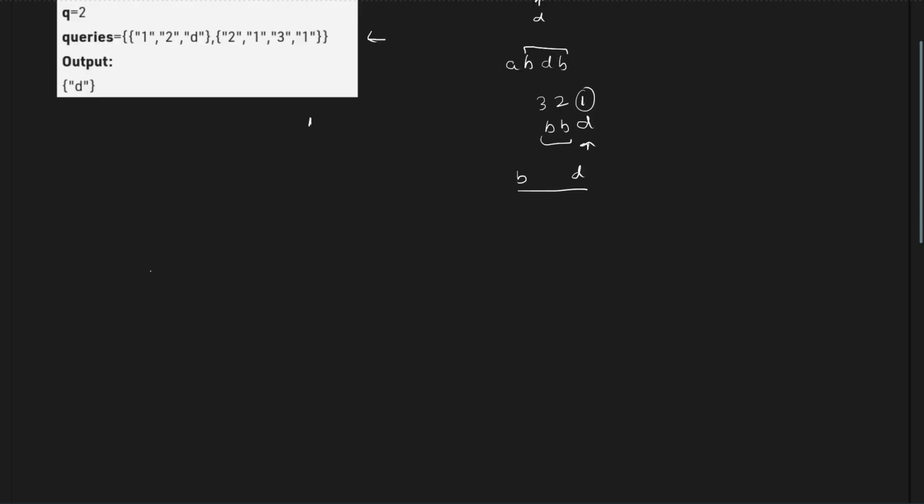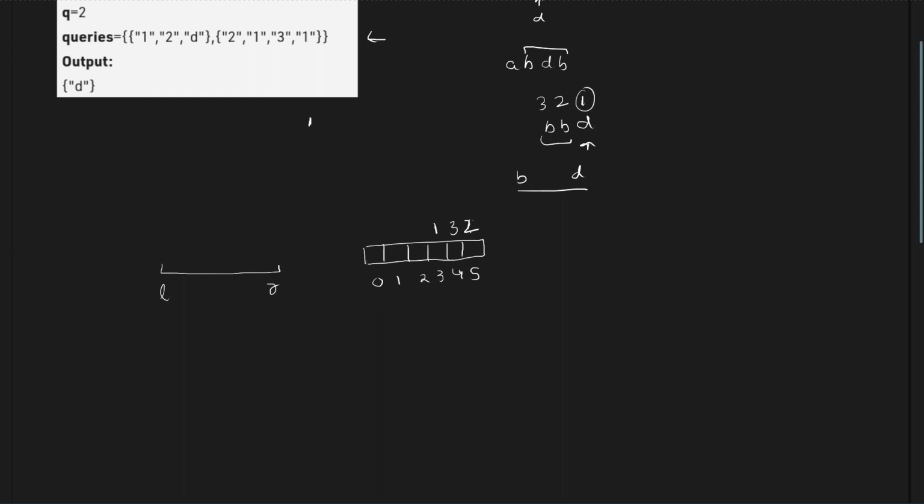Now using segment tree, we will be calculating the frequency of all the elements in some particular range L to R, right? So whenever we perform a query on the range L to R, we will be getting a frequency array which will be denoting the frequency of all the characters. So for example, let us assume that we have these characters. So we have 6 characters here, right? So if the frequency of this particular character is, let's say, 2, let's say this is 3, this is 1,